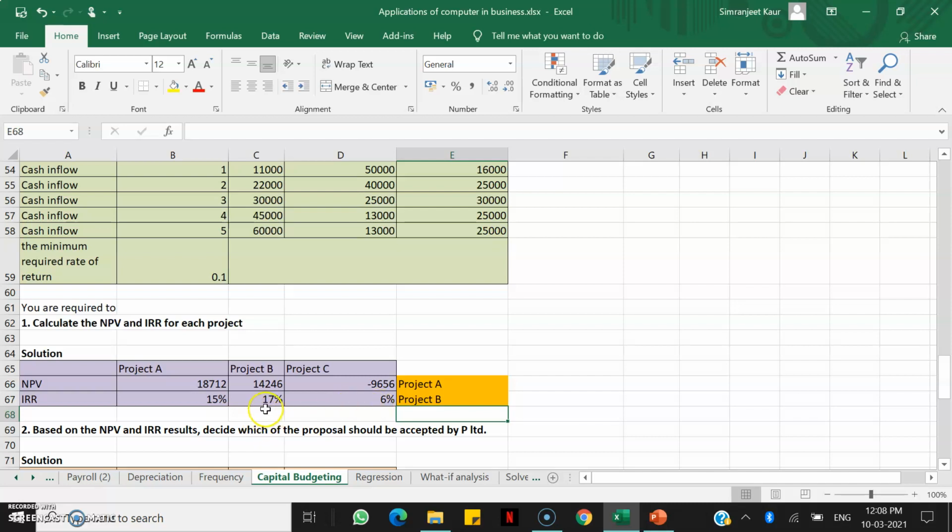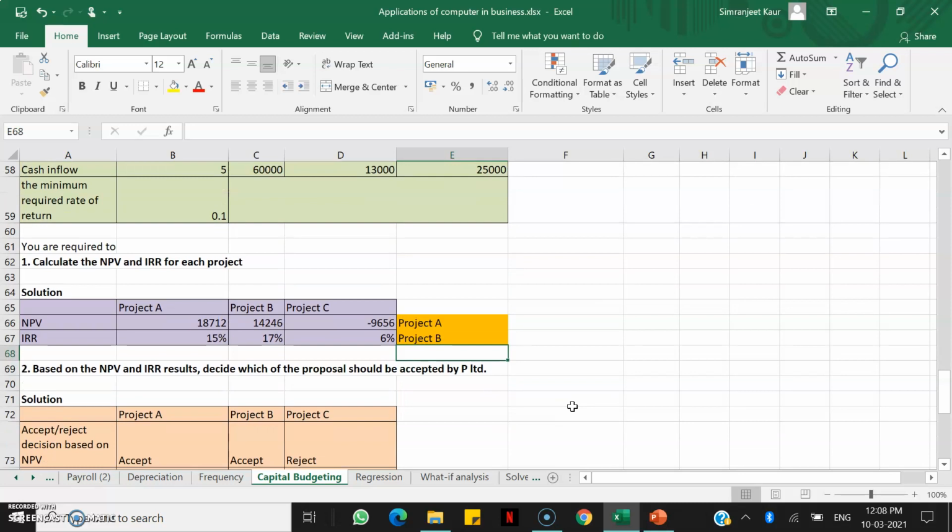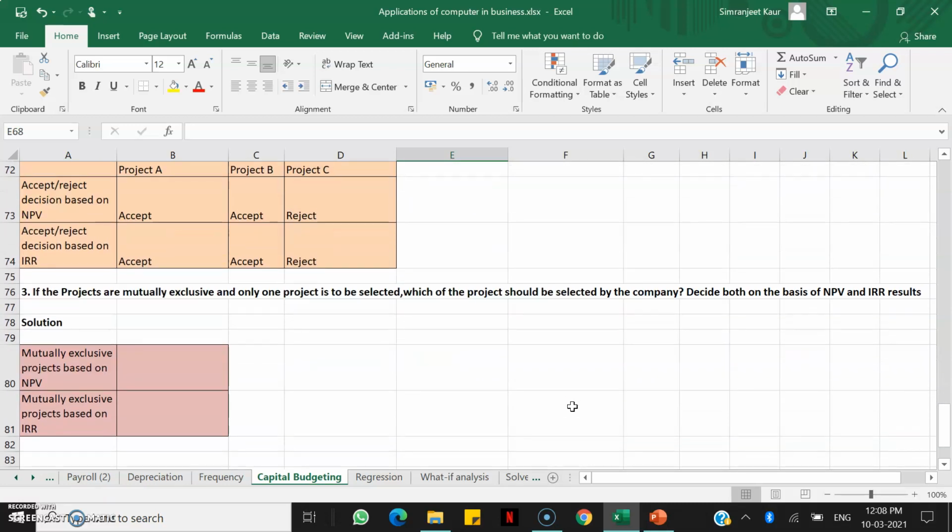Now you see, because 17% is the highest, it is giving me project B here, right? That is how you choose or write the formulas for your mutually exclusive projects, right?